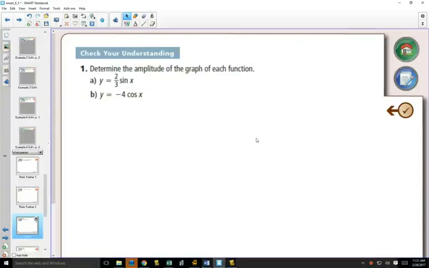So what we're going to do is look at all of the stretches and compressions that we have done in transformations and look at how they affect our sine and cosine graphs. In fact, we're going to look at how they change the characteristics of our sine and cosine graphs. So the first thing that we're going to do above is write out a sine or cos